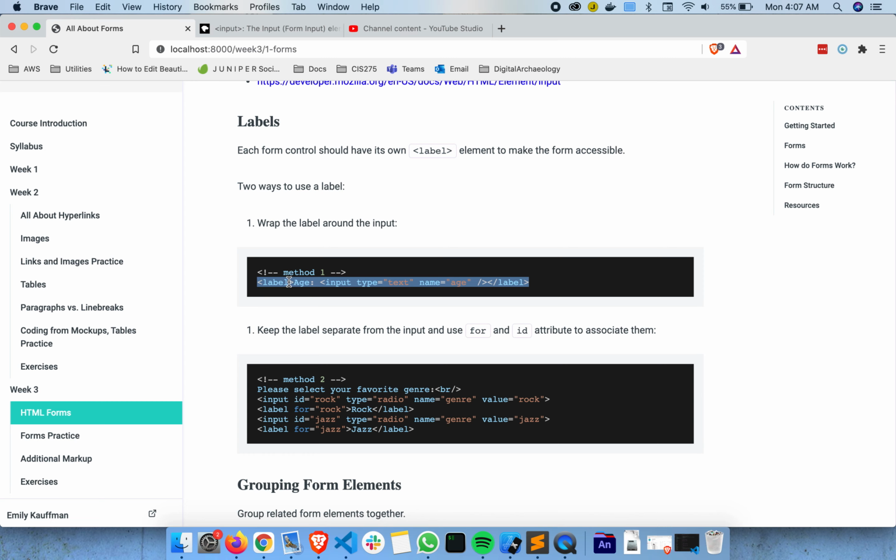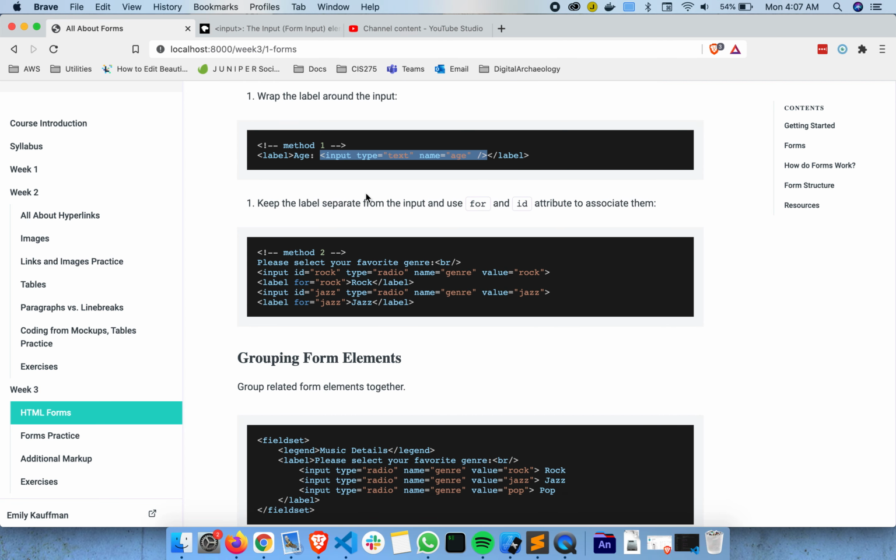And there are two ways to add labels. The first one is to just put the input inside the label like this. This is how I feel like I normally do it, but there are use cases for both. Then you put the content of the label here, and then just have the input next to it. Or you can use the for and the ID attributes to associate a label with an input. So if they're not necessarily going to be near each other,